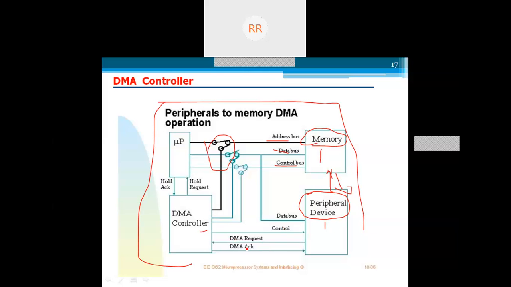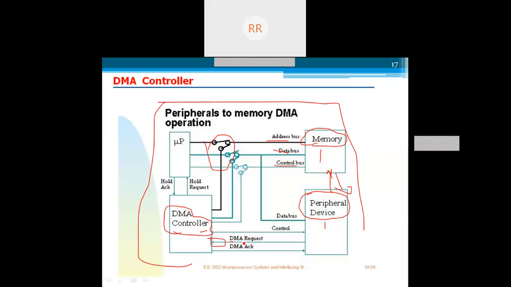If any particular peripheral device wants to transfer memory content to the memory device, or peripheral to microprocessor, it gives a DMA request signal to the DMA controller.